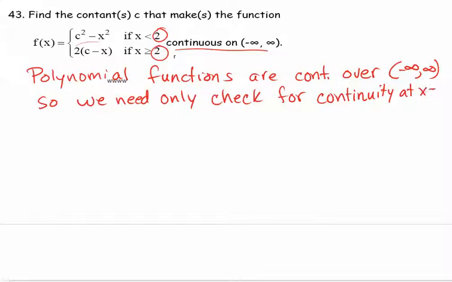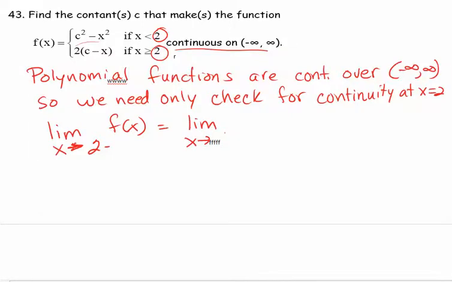At x equals 2. So we need the overall limit as x approaches 2. So as x approaches 2 from the small side, we need that to be equal to the limit as x approaches 2. Sorry, I'm not sure how I continue to switch that. Let's just write over the top of that. As x approaches 2 from the right side,